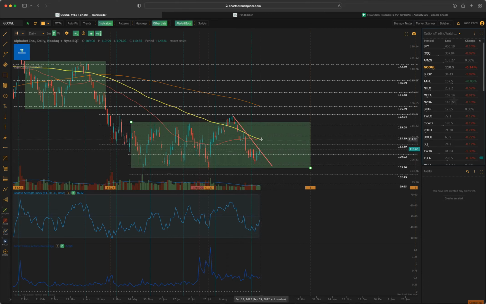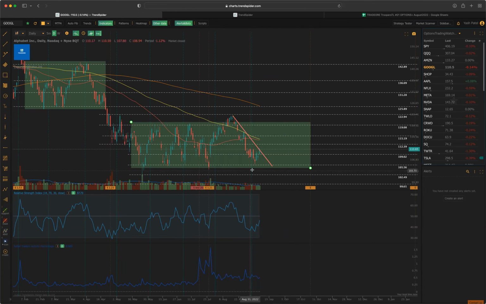If it does that, then it can easily move towards 114, which is where it will meet with 50-day and 100-day SMA resistance. Break over that, 115.25 will be the next resistance, and then 119. If it manages to get out of this range, then it can try 130.23 again. Chances of that happening, not impossible, but